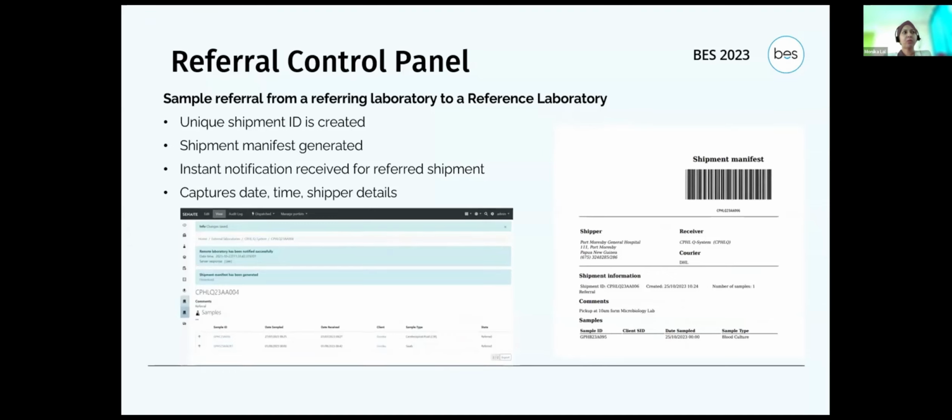This shipment manifest will contain all the necessary information related to the shipment and the samples, as shown in the picture on the right. It also instantly notifies when the samples are received on the other side at the reference laboratory, and it also captures date, time, shipper details, etc., on the SENAITE system and also on the shipment manifest.